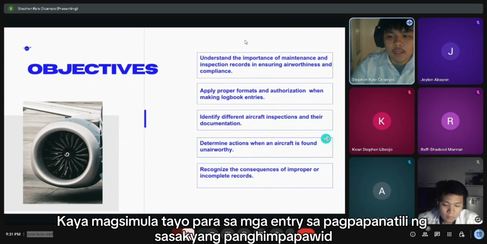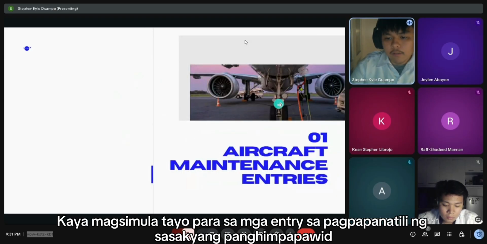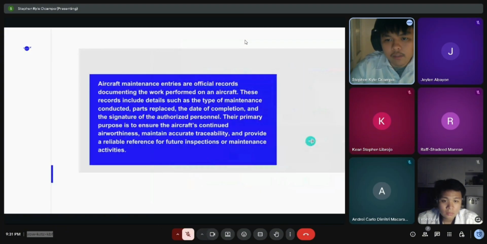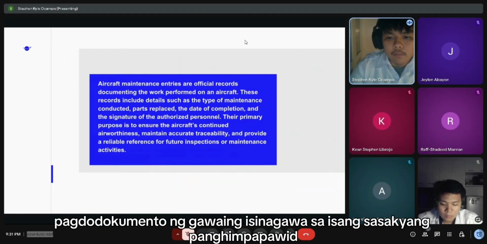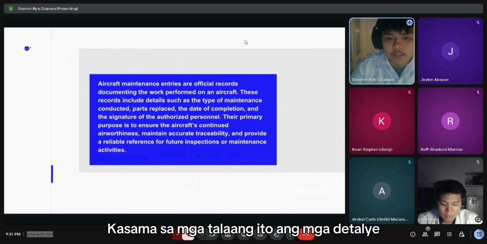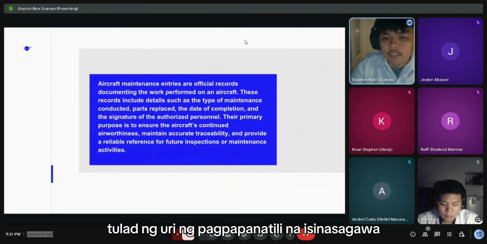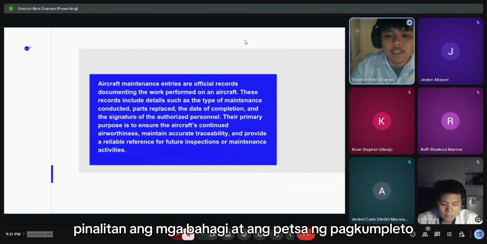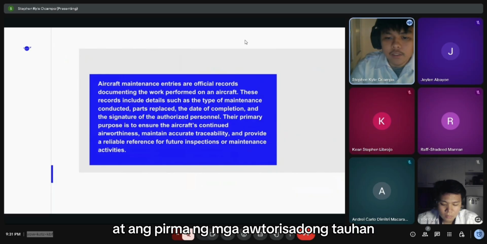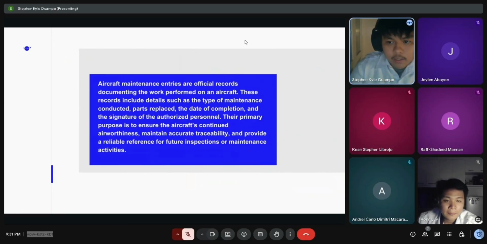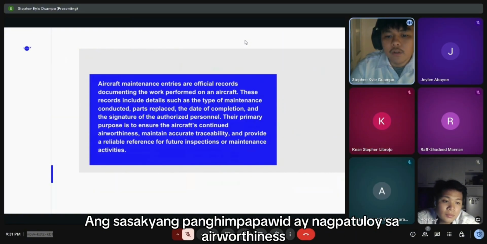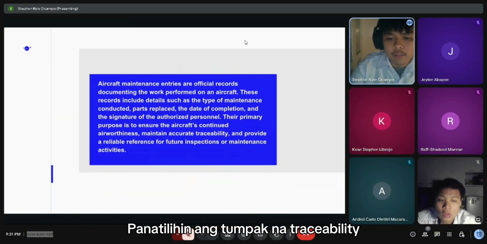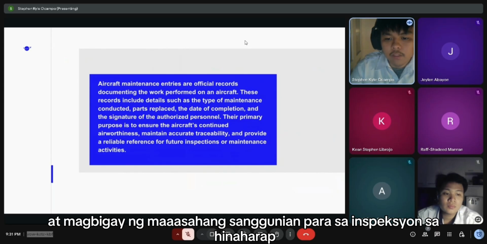So let's start. For aircraft maintenance entries, number one: aircraft maintenance entries are official records documenting the work performed on an aircraft. These records include details such as the type of maintenance conducted, parts replaced, the date of completion, and the signature of the authorized personnel. Their primary purpose is to ensure the aircraft's continued airworthiness, maintain accurate traceability, and provide a reliable reference for future